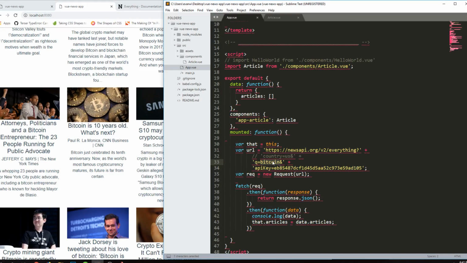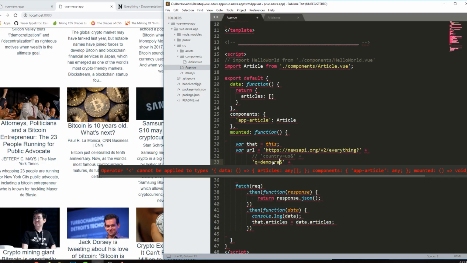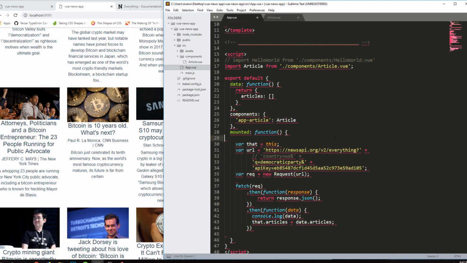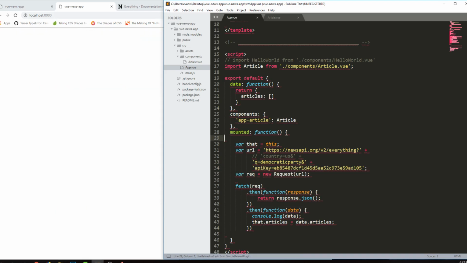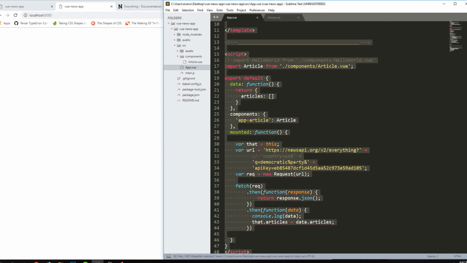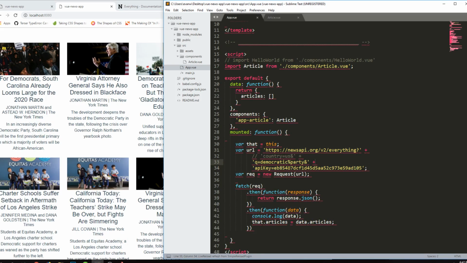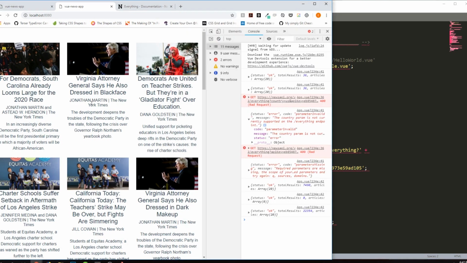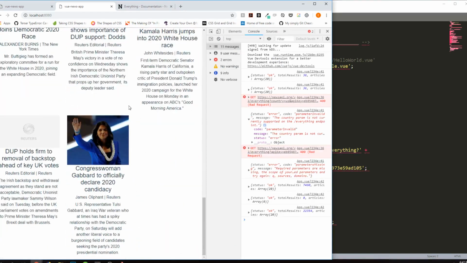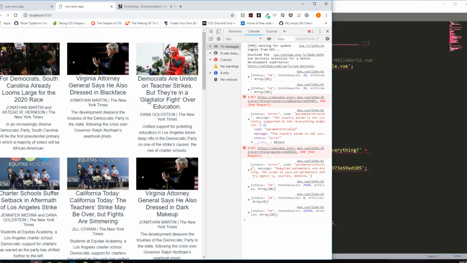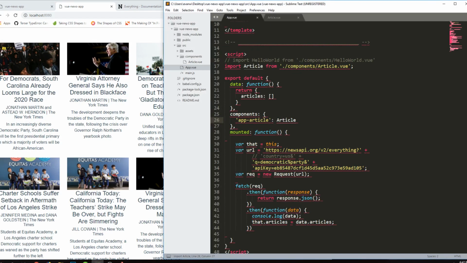If I changed Bitcoin to Democratic Party, then we now have an awful lot of articles related to the Democratic Party. So this is where we could allow a user the opportunity to search for news that they want to see, news about something that they're particularly interested in. So for now, I'm going to leave it on everything,